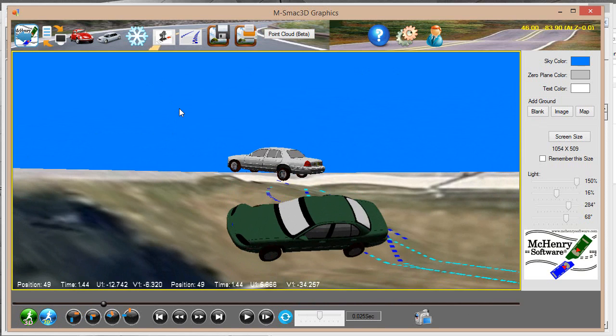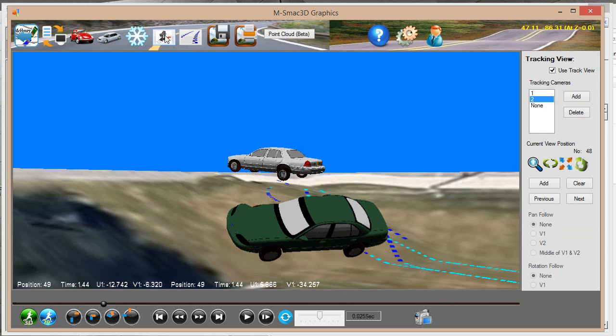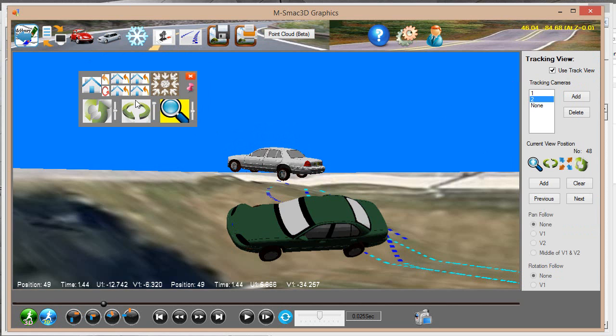First item, of course, is the graphics portion of msmac3D. It has a number of buttons and functions. There have been some videos that cover them, but I'll do a very quick overview of some of the features. Up on the top, we have a number of buttons here. The main one of interest is the tracking view, where I used a way to add and vary the camera. If you click on your right mouse button, it brings up the camera control, which allows you